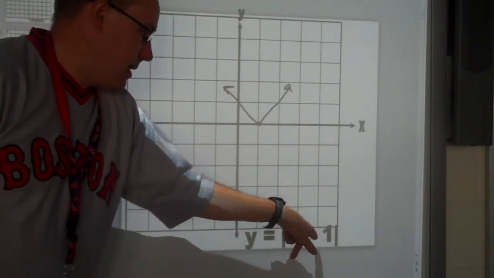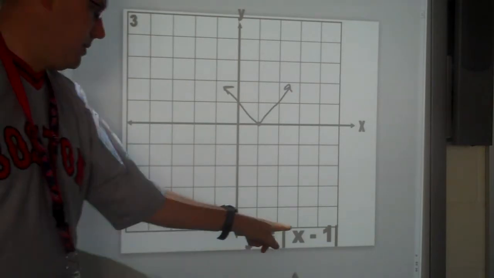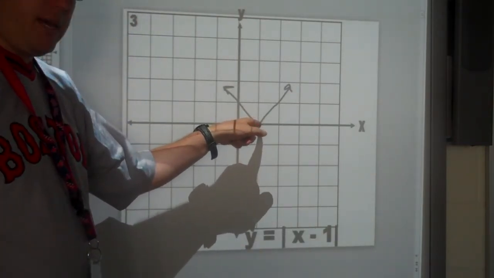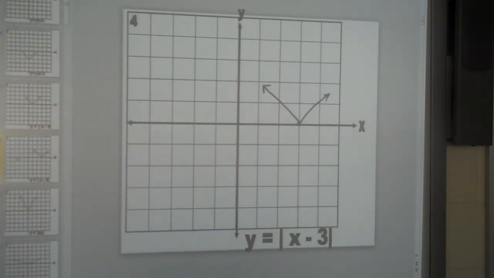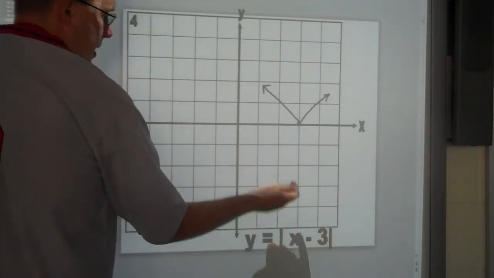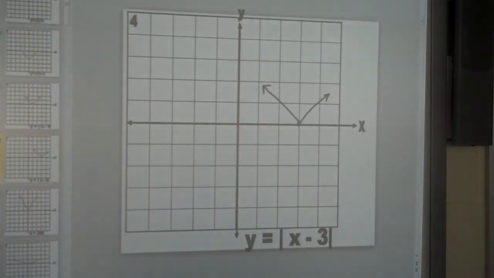This time it's inside the absolute value, so that means we're going to move it left and right, a horizontal translation, but the opposite of what you'd think. So negative 1, actually it moves it across to positive 1 on the x-axis. Then we just go ahead and draw in our V-shape. X minus 3, same idea, it's inside the absolute value, so it's a horizontal translation, but the opposite of what you'd think. So instead of being negative 3, it starts at positive 3,